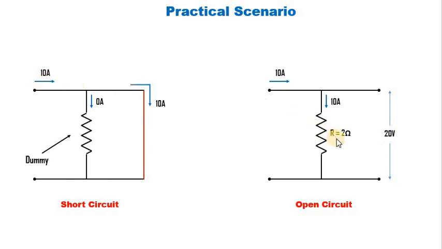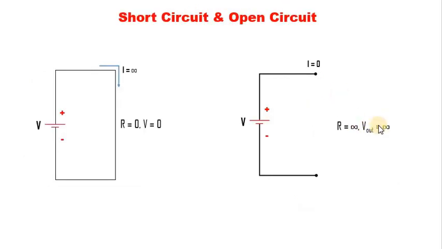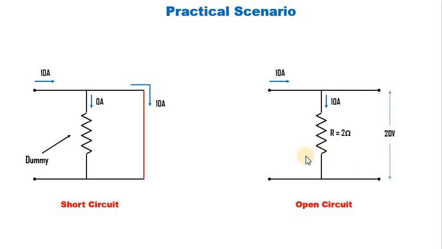Similarly, if I have a resistance here, R equals 2 ohms, and these two terminals here are open circuited. Previously, let's just say something was connected here and it got disconnected, so this became open circuit. So if the 10 ampere current is coming from here, that whole 10 ampere current will pass through this resistor, as there is no path here to flow. And what will be the voltage across it? V will equal I into R. So 10 into 2 will become 20 volts. So across these two terminals, these two nodes, the voltage will be 20 volts and not infinity that we saw in the previous case. All right. So this is the practical scenario of short circuit and open circuited path.